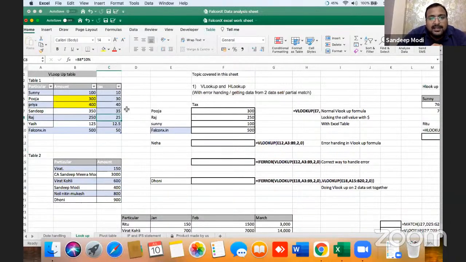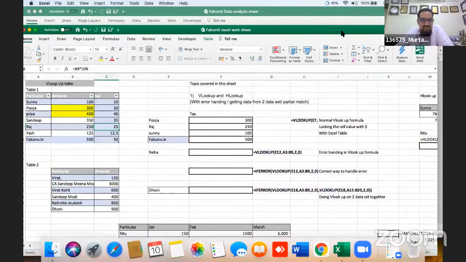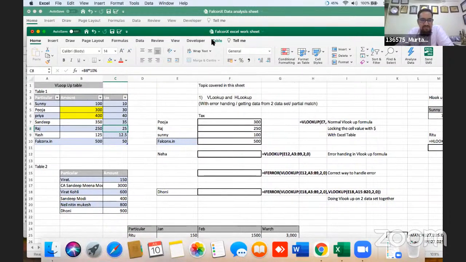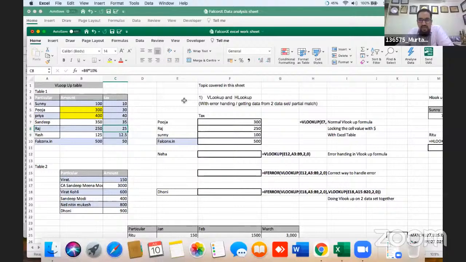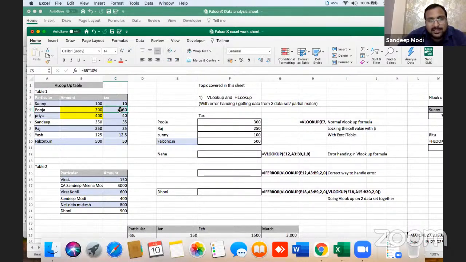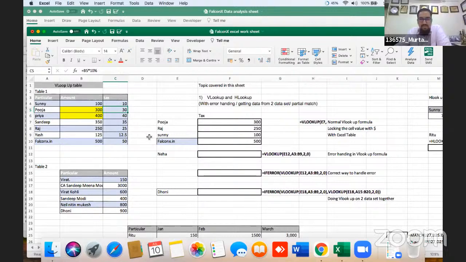Now let's find. Sandeep, can you show like how can we find out what tables are there in a workbook, and also if you want the data array of that, increase or decrease something of that. Sir, how many tables are there in the Excel book? That we cannot find it out. But let me complete this topic. I will answer your queries. Yeah, sure. Thank you.